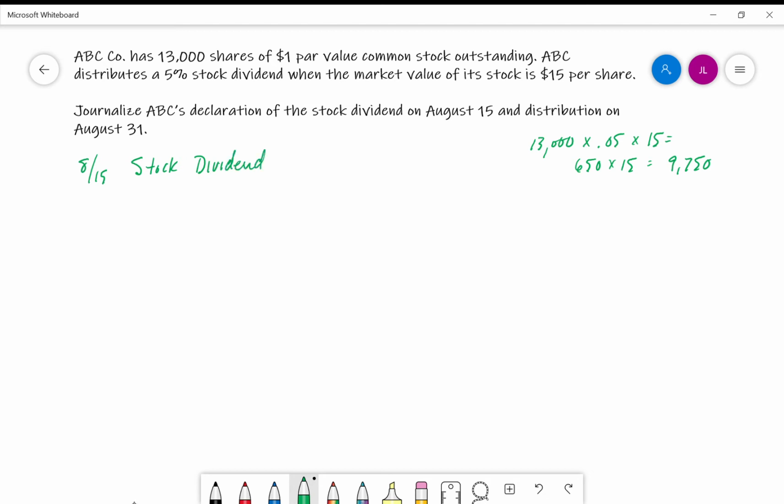dividend of $9,750, and we'll give a little more room here. Now, what we've got to think about here, this is our debit side, we've got to think about the